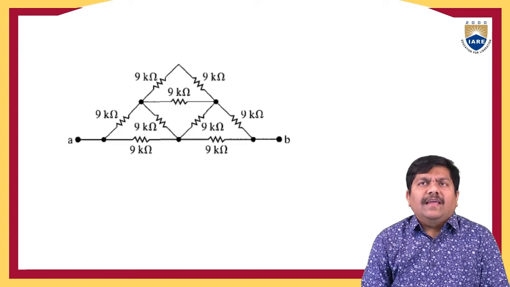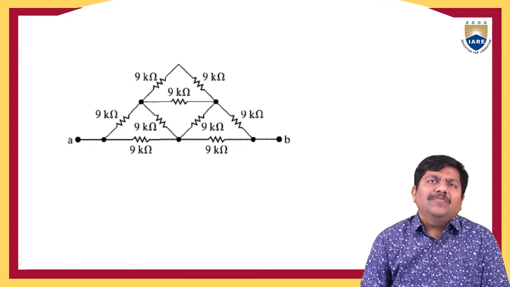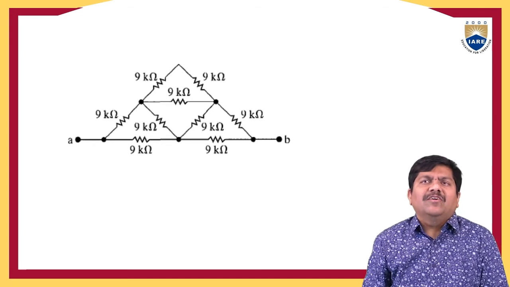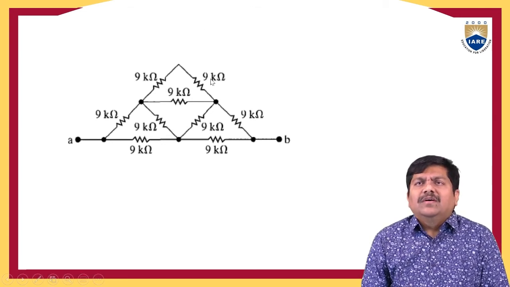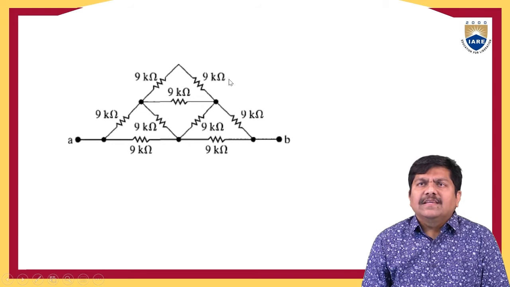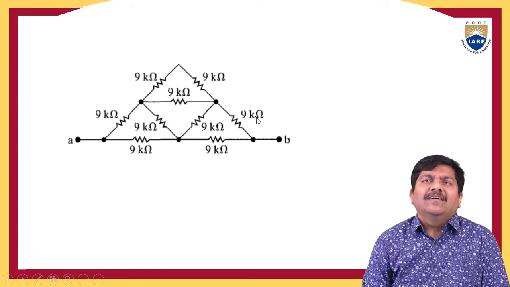If the circuit is simple in nature and connected in series or parallel, we can make use of these mechanisms, that is, the series reduction technique and the parallel reduction technique, to simplify or reduce the complexity of the given electrical network with its equivalent representation. But suppose the network is like this. If you look at the connection of various elements, there are 1, 2, 3, 4, 5, 6, 7, 8, 9 resistors.